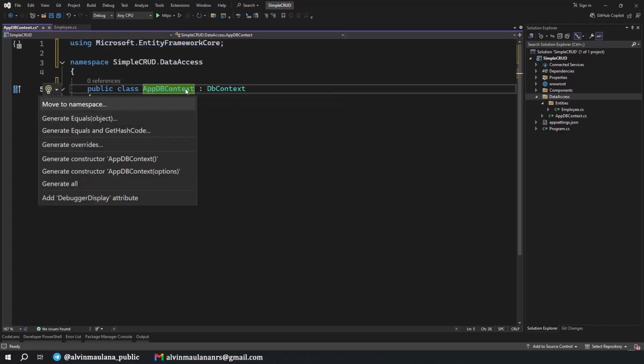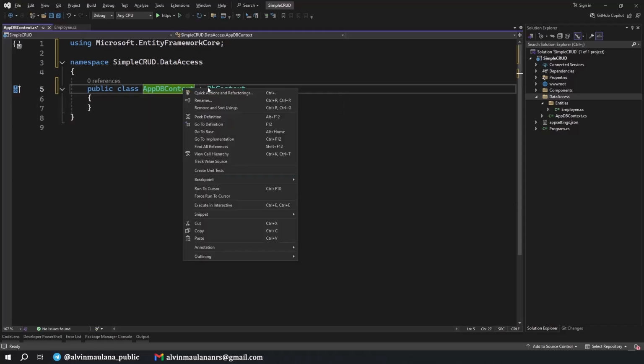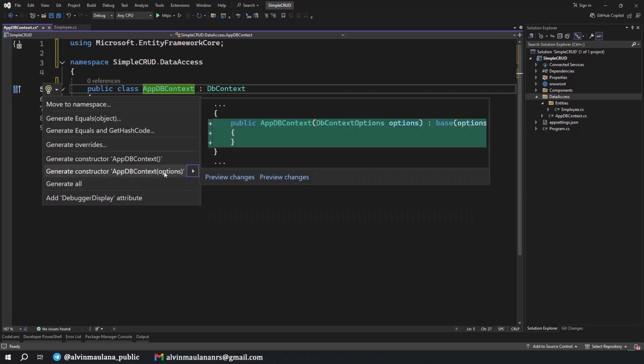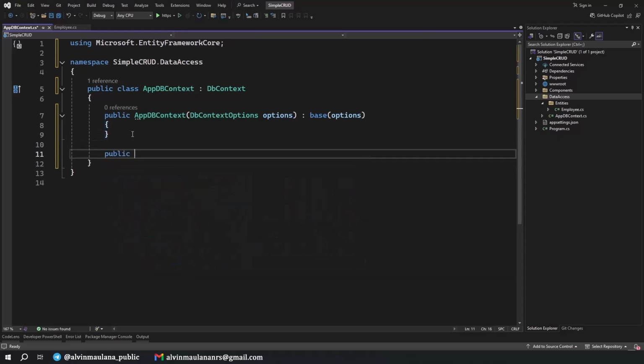Oh, by the way, what I click is Ctrl and dot, or you can right click and click this one, quick action and refactoring. And then I will generate the constructor with options here. Okay. And then we will have a table here, DbSet